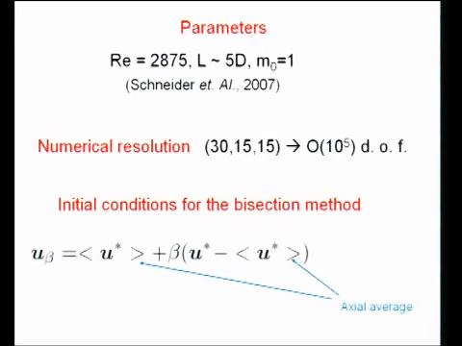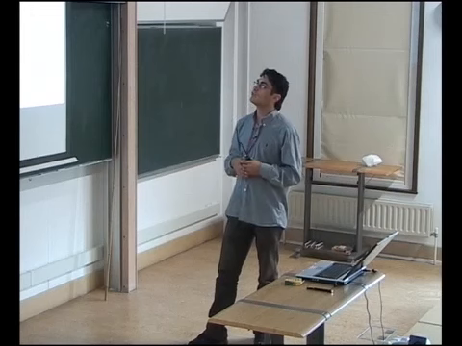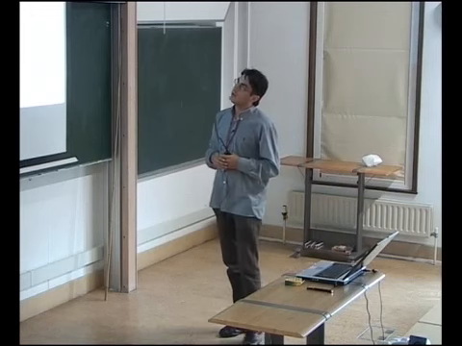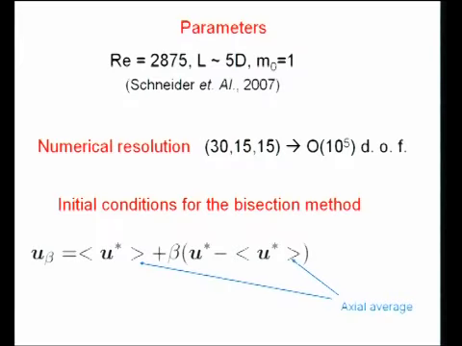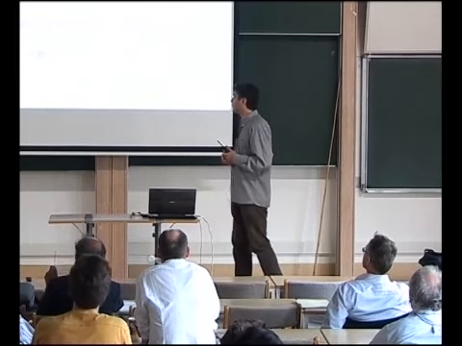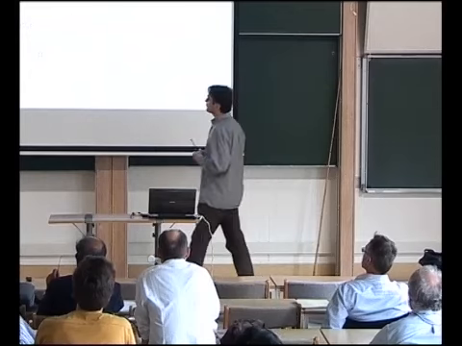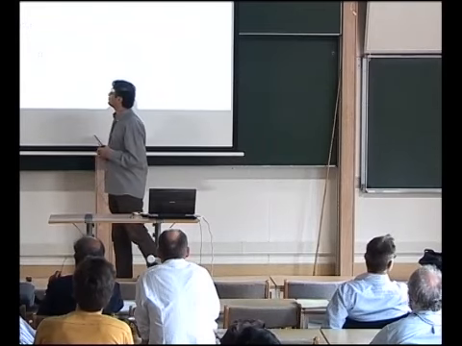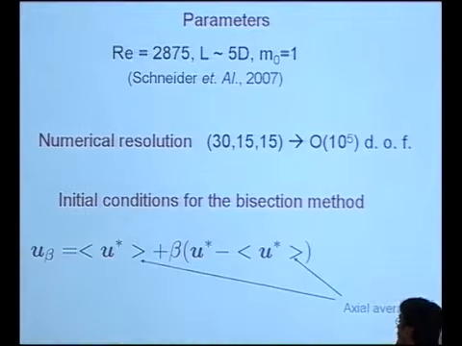First we'll begin with short pipes and track these trajectories on the laminar turbulent boundary in the same pipe as used by Schneider and Eckhardt, so Reynolds number 2875, and the pipe has a length of 5 diameters. So far we're not imposing any symmetry. This is the resolution we use, which leads to a dynamical system of the order of 10^5 degrees of freedom. The initial conditions that we use for the bisection method are exactly the same